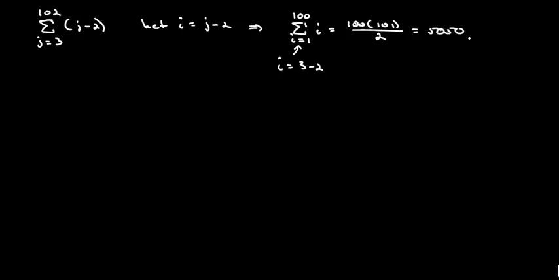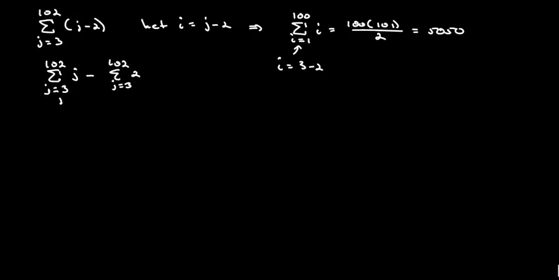Second approach, and this is the approach that I would use. There's another way that you could do this. If you didn't recognize that, you could look at this and say, okay, well, let's break this down. So the sum of j from 3 to 102 of j minus the sum of j from 3 to 102 of the number 2. And now what we would do here is take this piece right here, and start it